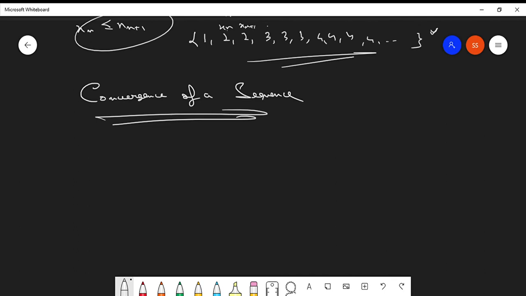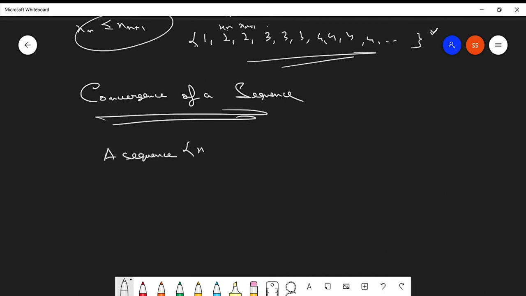Got it? So convergence of a sequence in simple terms means that if you keep on extending the sequence, its nth element gets trapped in the neighborhood, not boundary, in the neighborhood of some real number. In the mathematical definition, it says like this: